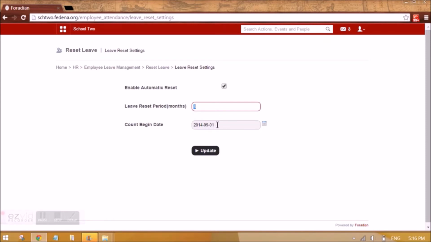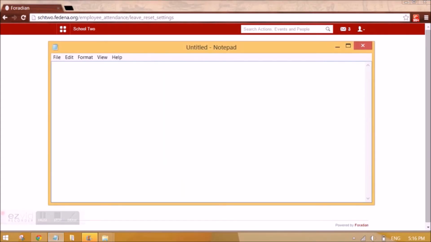So starting from 1st of September, for a period of 4 months, after a period of 4 months, the leaves will be reset. That means the casual leaves that were 5, the maximum count. So let's say out of 5, the employee has taken 2 leaves, which means he is left with 3 leaves.